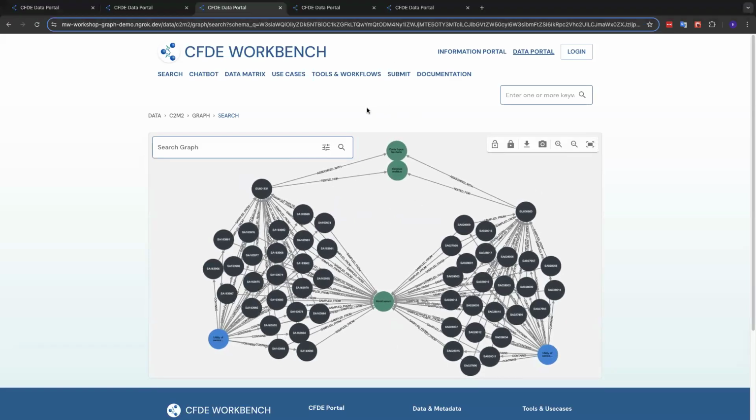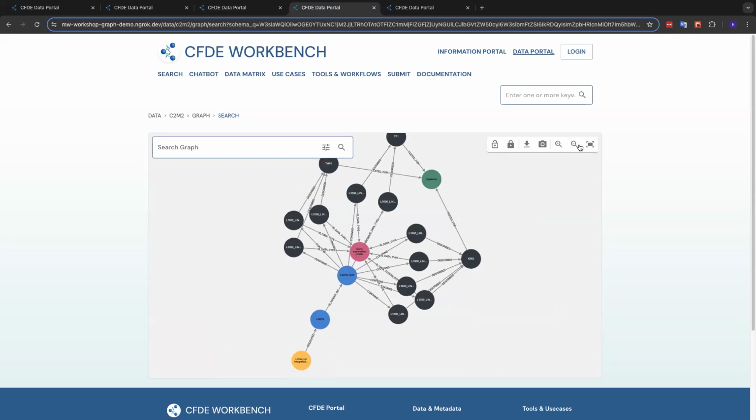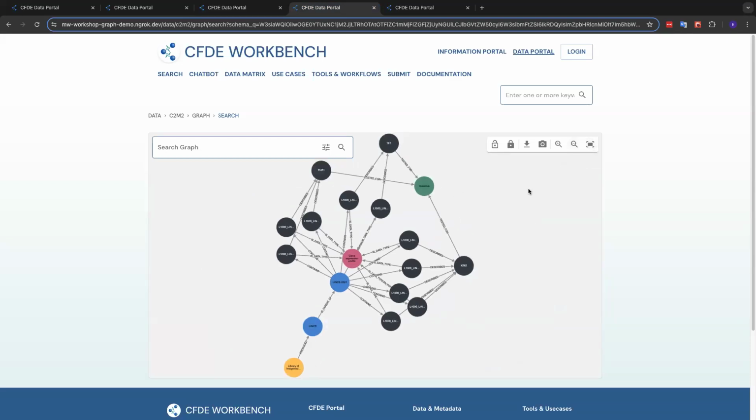So let's see, I'll show one more use case quickly, just so I know we're getting close on time. I'll switch over to this path here. This one is a little more complex than what we've seen so far. We're specifically interested in, given a disease, in this case leukemia,